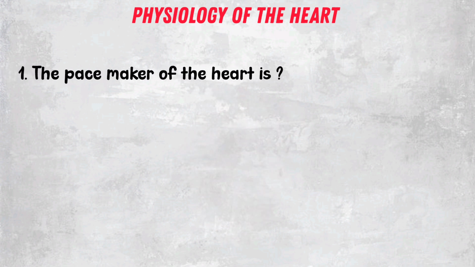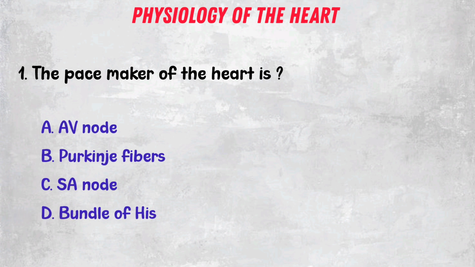The pacemaker of the heart is: A, the AV node, B, the Purkinje fibers, C, the SA node, and D, the bundle of His. So our answer here is actually C, the SA node. The SA node actually initiates the electrical impulses that set the rhythm for the heart, which is the function